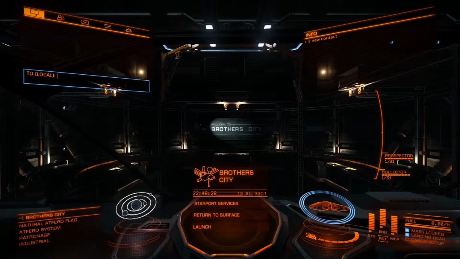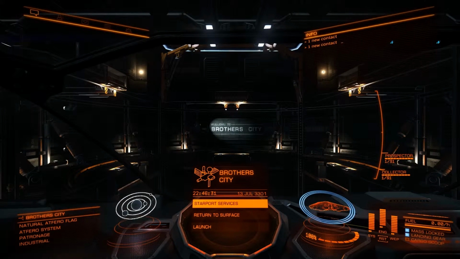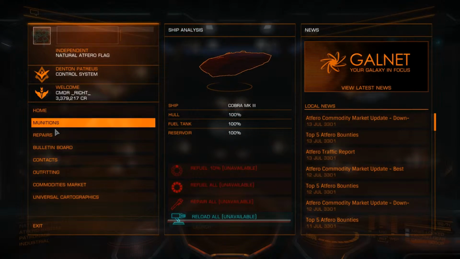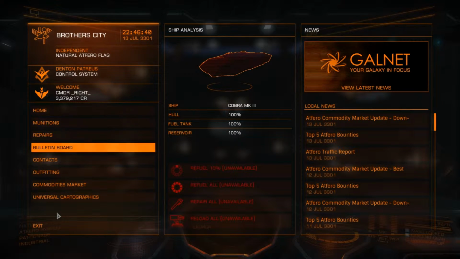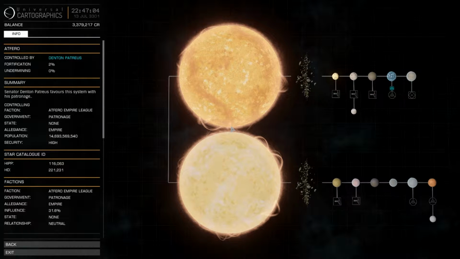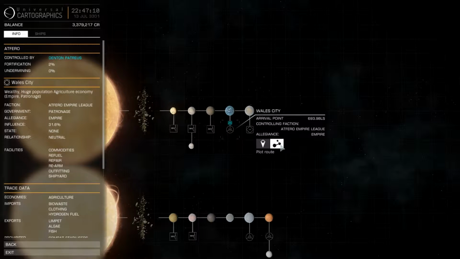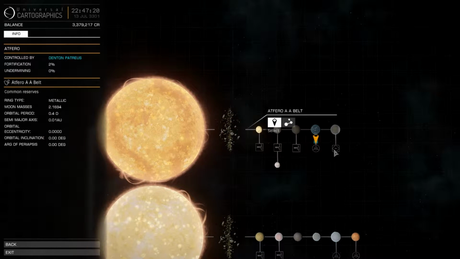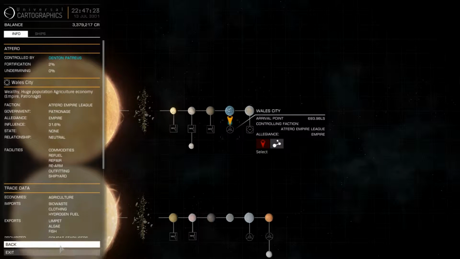So if we go into Starport Services, and no, there's no ships here. In the current system that I'm at, Faro, I actually do have another ship over here, and I'm going to show how you go from one place to the other. So I'm at Brother City. I'm going to head on out to the other port here, which is Wales City,